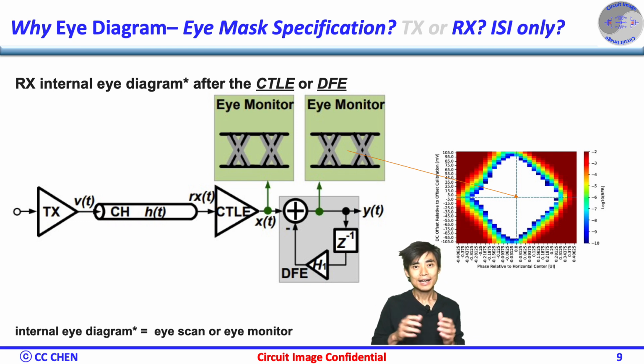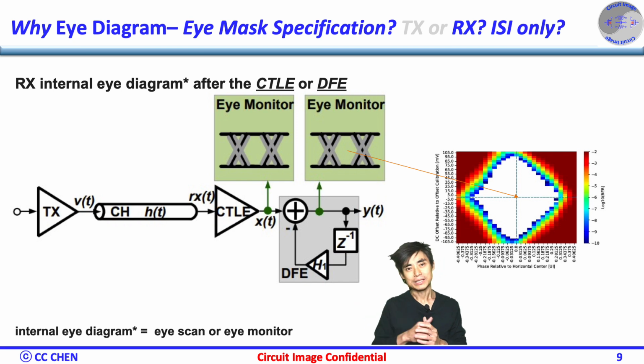explicitly. The internal eye diagram in the RX is called an eye monitor or eye scan, which is very handy for design validation, so that the circuit designer can validate their designs and ensure that the system meets the required specifications for data transmission. According to the 2D bit array controls, the designers may have their own internal eye mask